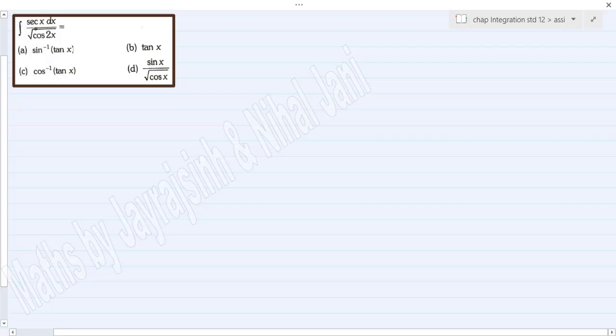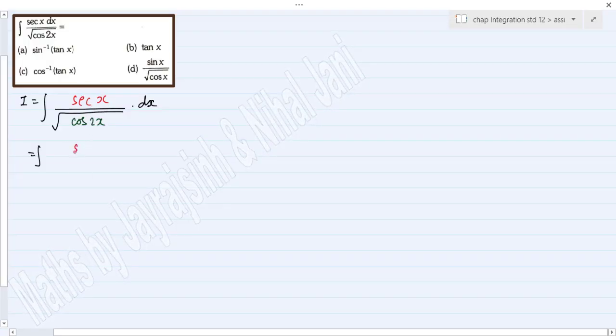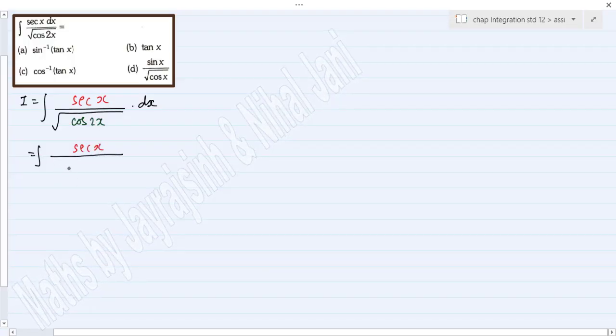Here, you have to integrate sec x upon under root of cos 2x. First of all, in numerator we have x as an angle, and in denominator we have 2x as an angle. So let's try to get same angle in numerator as well as denominator. So sec x will be as it is. Let's convert this cos 2x